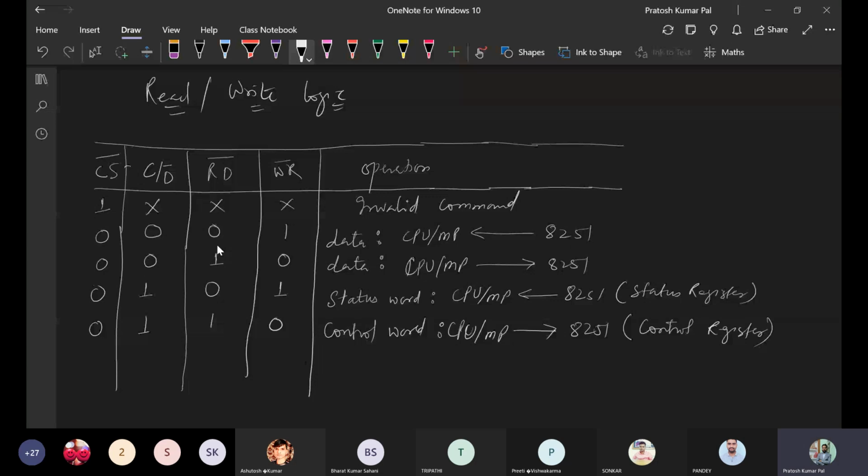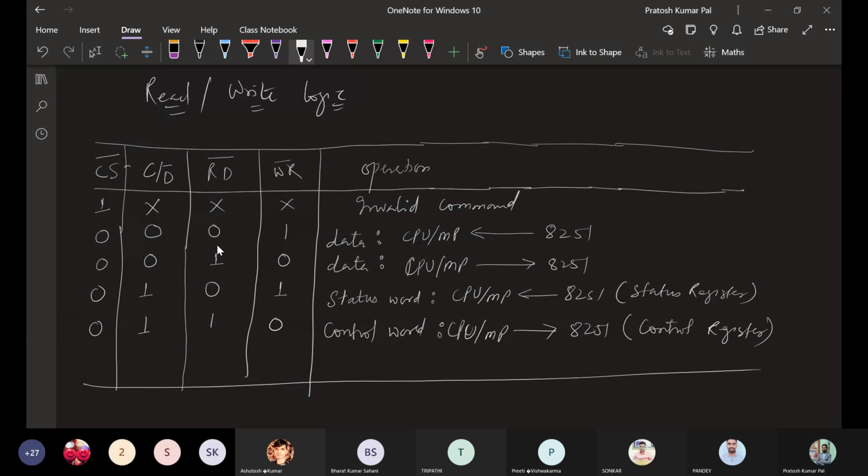So this is how the control logic works whenever it is going to perform some read or write related operation. In either a write or read operation, it is going to read or write the status register, or it is going to write the control register basically. One is the data register. The data register will be useful for transmitting the data. So this is the basic introduction related to the 8251.